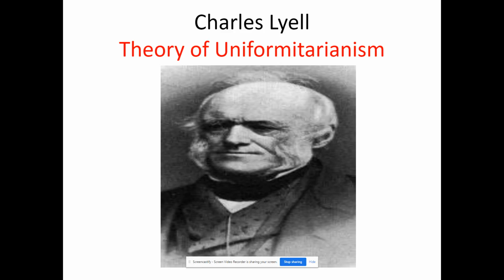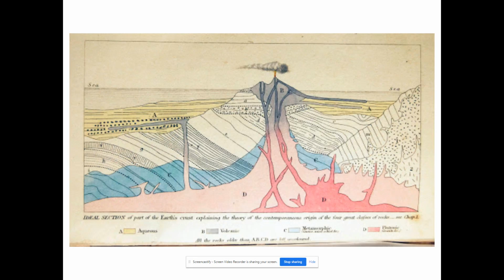But this theory of uniformitarianism, the whole idea is, and his phrase was, the key to the past is the present. So you can look at how things are occurring today. And so this is a picture from his book, actually, and has this mountain, and he talked about how rocks will weather. And so you can see this today. You can go out and watch a hill of dirt, and if it gets rained on in the wind and so forth, that dirt is going to shrink over time.